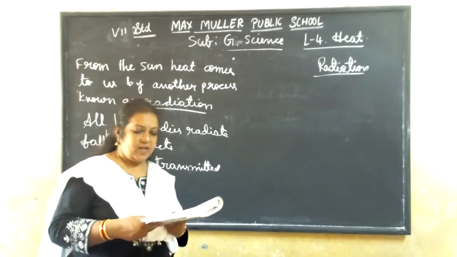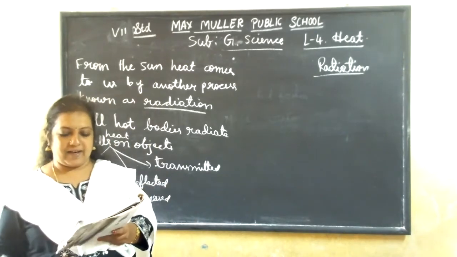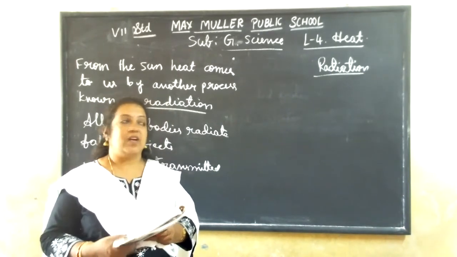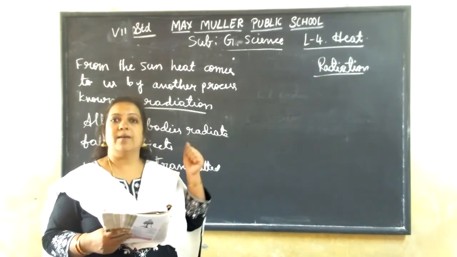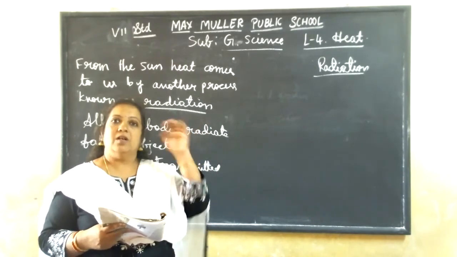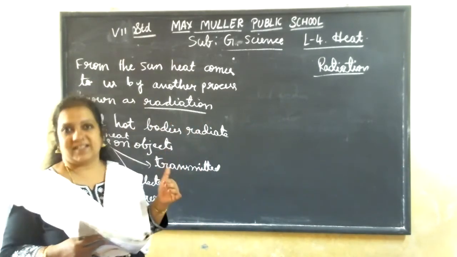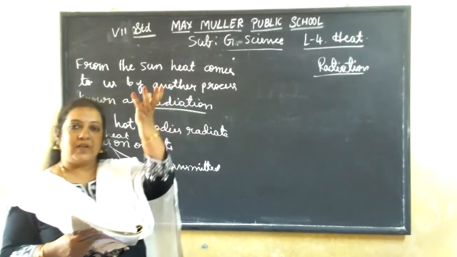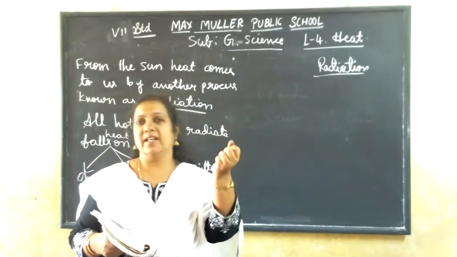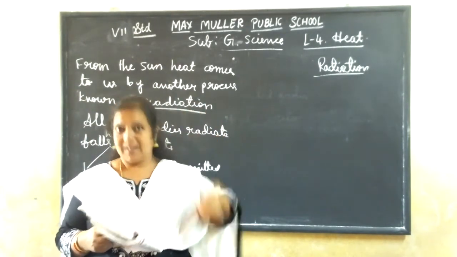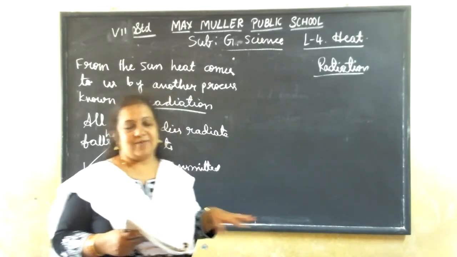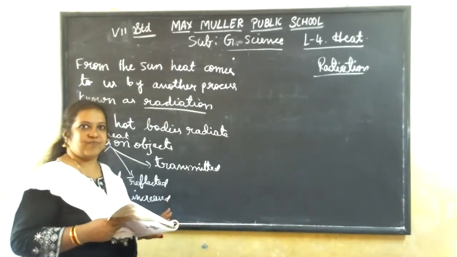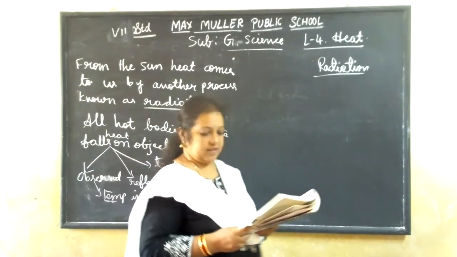Okay, that is why it is advised to use an umbrella when you go out in the sun. When you are going out in the sun, what will we do? We will hold an umbrella. Why? Because we have to inhibit those sun rays. We have to avoid those sun rays. How to avoid? By using the umbrella, it will catch hold and absorb that heat energy. A little bit will be sent out. Of course, it is not fully trapped. A little bit will be transmitted to our body also. Okay, that's why it is suggested.